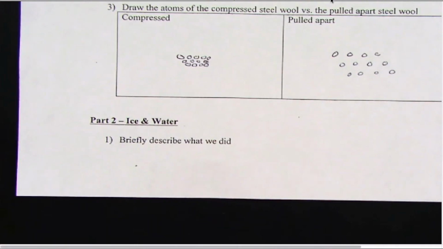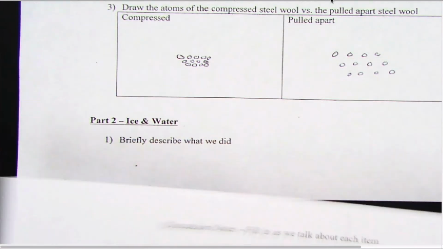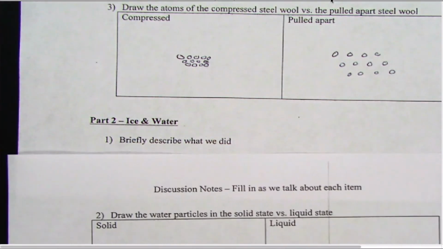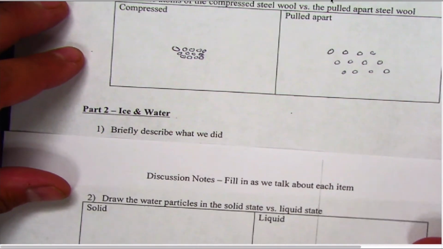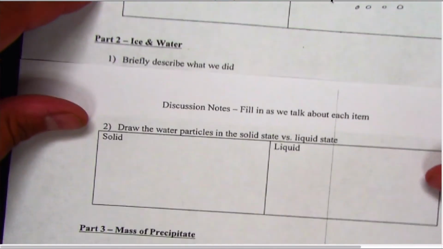Part 2 was ice and water. What you did in this little part here is you basically took ice, a couple ice chunks, you weighed it in a vial, you let it melt, turned to a liquid form, and then you re-weighed it. So this is kind of a build-off of the first part. So what happened in this part, in terms of molecules,